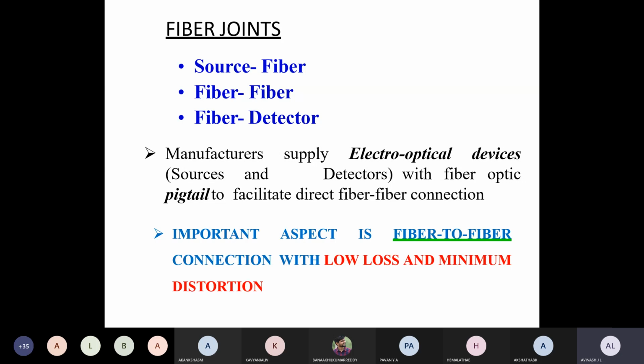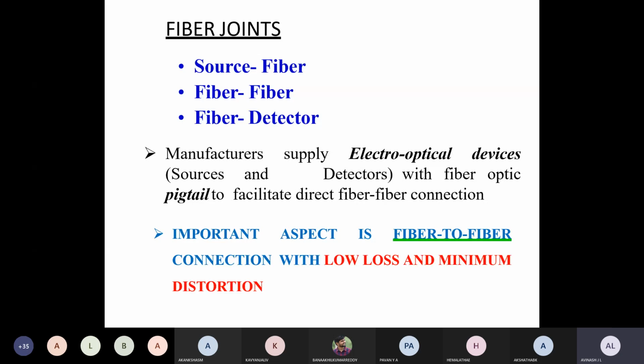So there should definitely be one particular fiber joint at the source fiber. Fine. So now, fiber to fiber: when the signal is passing from one fiber to another fiber, there will be 10 to 15 fibers we may use. Between one fiber and another fiber we require a joint, because we cannot manufacture, and it is not advisable to manufacture, very long length fiber. So from one fiber to another fiber, if we are giving a joint, it is called a fiber to fiber joint.